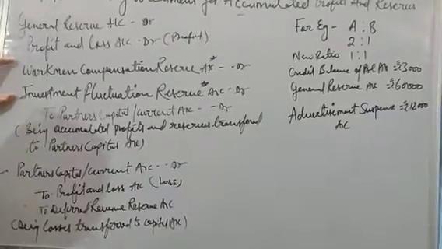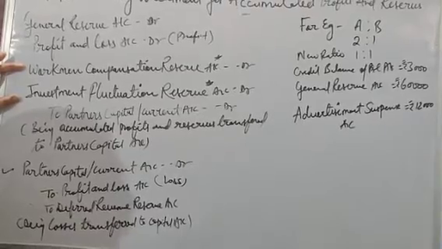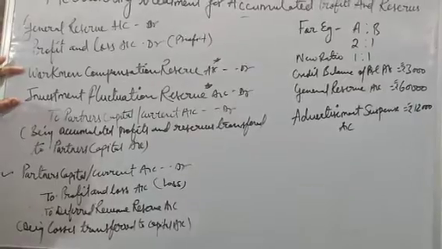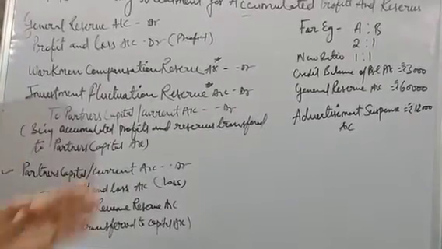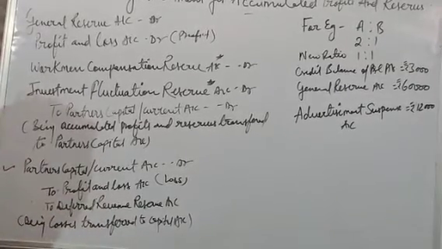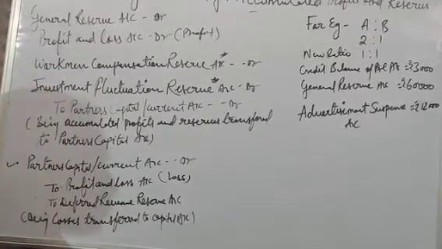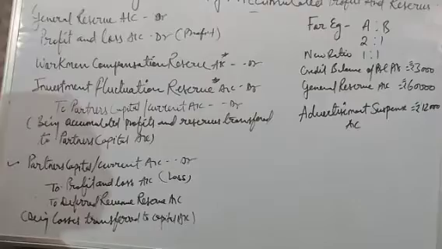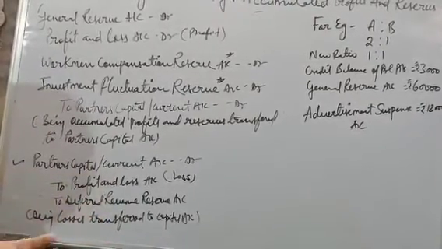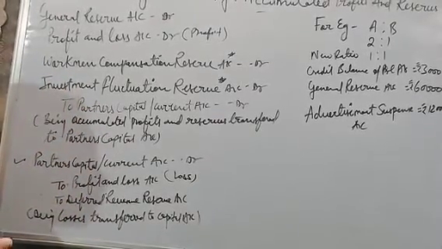but in case of workman compensation reserve, because that is a type of contingent liability, in future if any compensation we have to give to any employee or any worker, in that time we have to compare the amount of reserve and the amount of liability. Okay, that we will discuss in next video, and we have to prepare some other entries also. In case of investment fluctuation reserve also, it is made for investments. If there is any fluctuation in the market price of investment, then that time also we have to compare the market price and the reserve, investment reserve, and we have to prepare the entries accordingly.